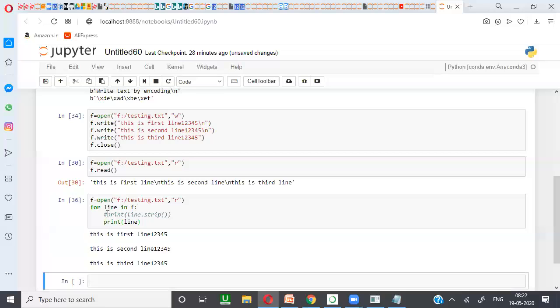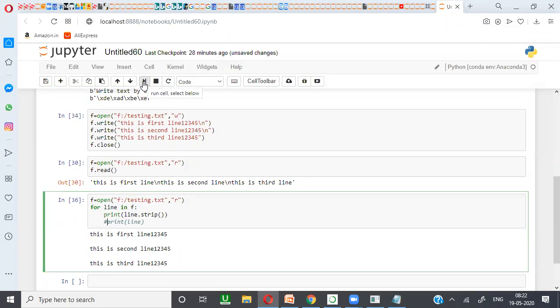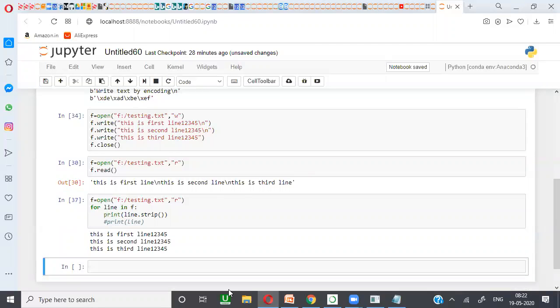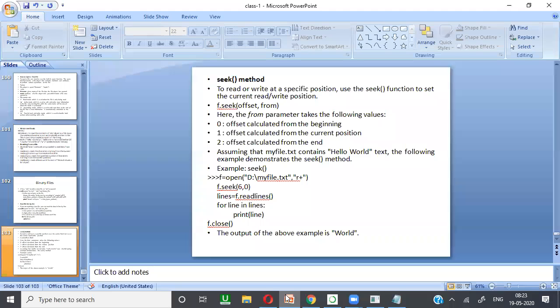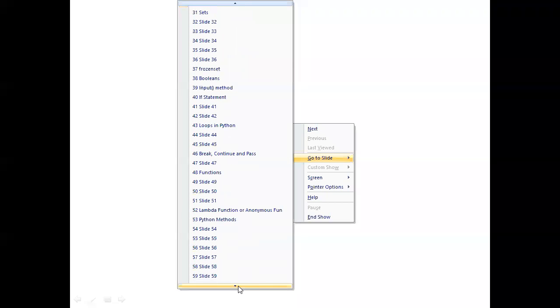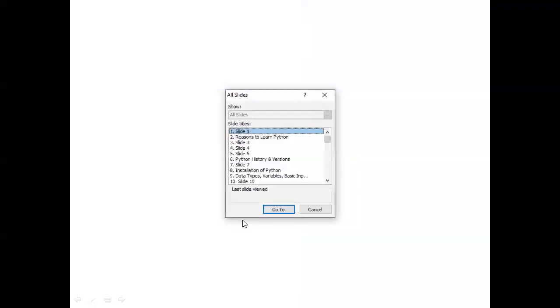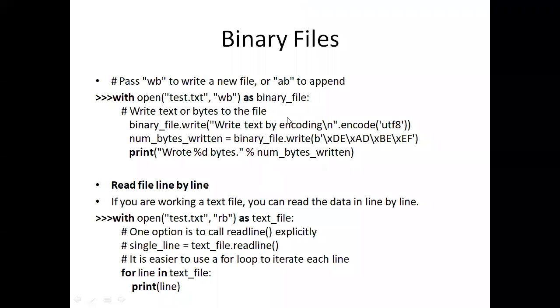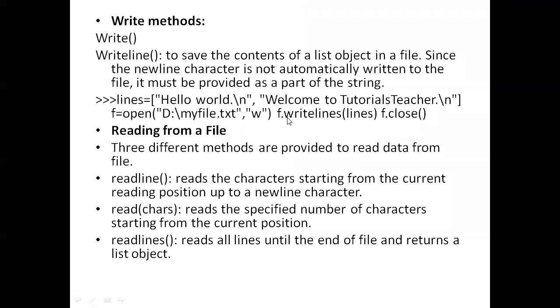If you don't want that, then go with line.strip. As you wish, both we can use. So with the help of a for loop, we can read line by line. So this is about writing and reading.